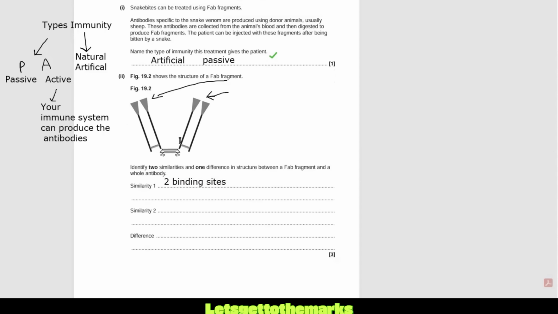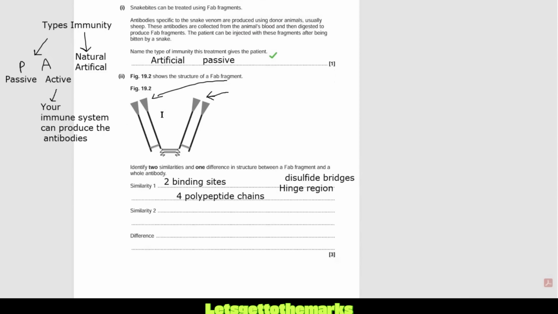You should write the full thing. So 2 binding sites. How many polypeptides? There's 4 polypeptide chains. You can count that, right? Exactly the same in a normal antibody, you get 4 polypeptide chains. You also get this hinge region. Variable region is the same. They've both got a variable region, which is where you've got these antibody binding sites. Oh, they've got disulfide bridges. Both have disulfide bridges. Can't remember anything else. There's at least 4 there, right? So pick any 2 of those.